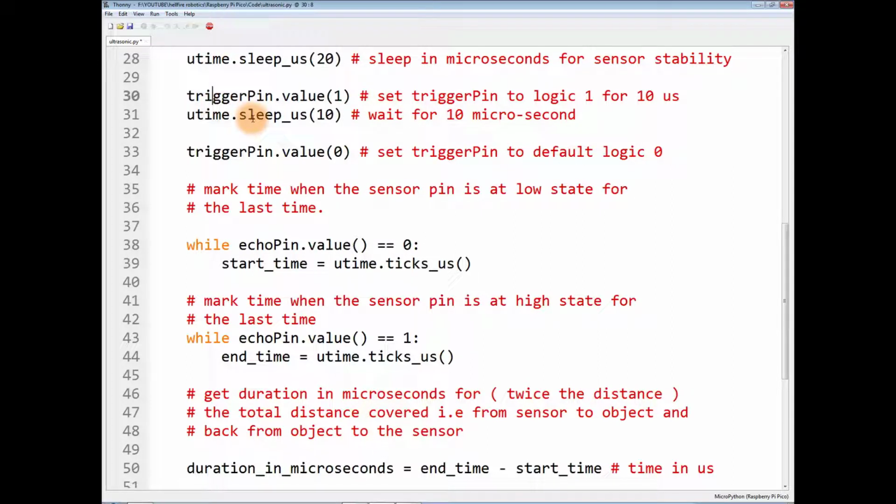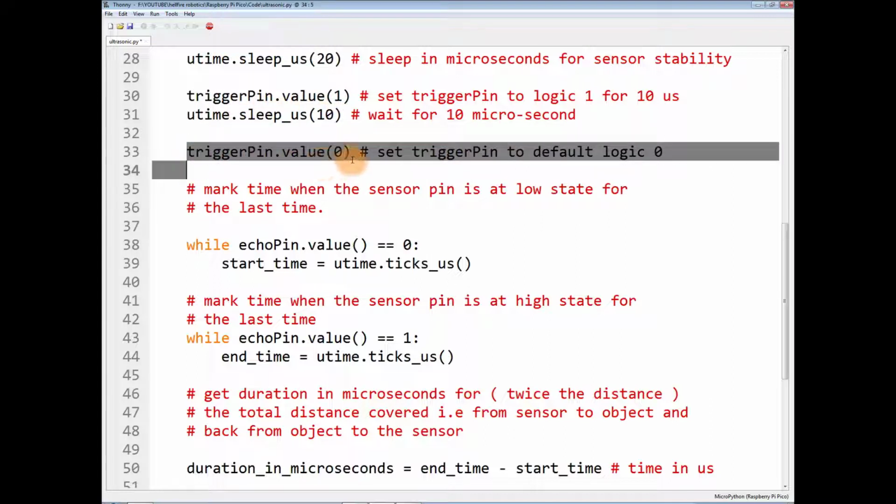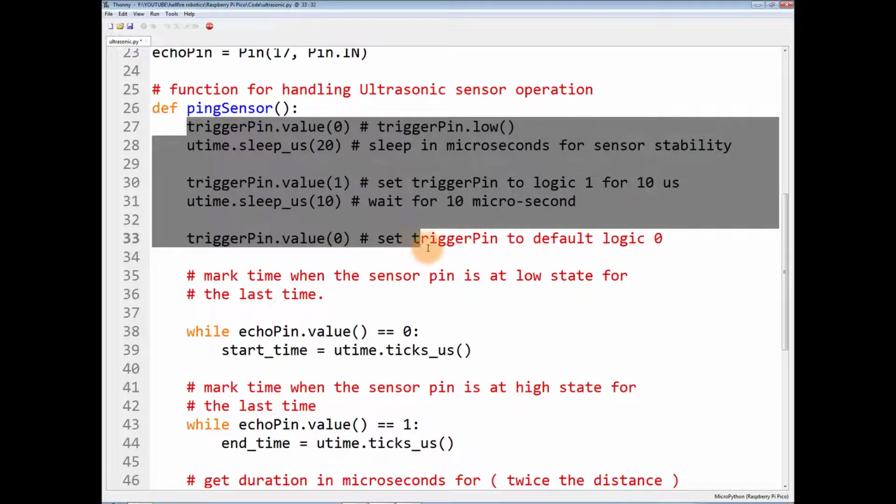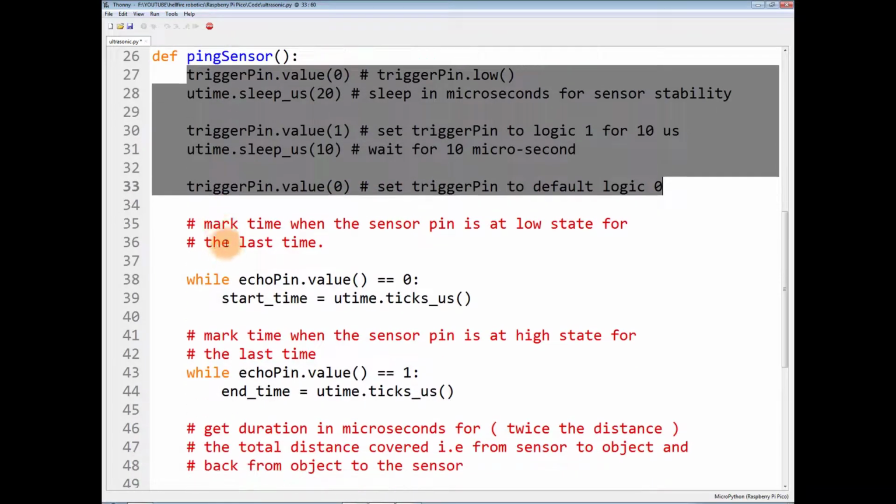What this will do is start the transmitter of the ultrasonic sensor, and it will command the sensor to emit the ultrasound waves. So after 10 microseconds you will again set this trigger pin to 0. This is all specified in the datasheet of our ping sensor.